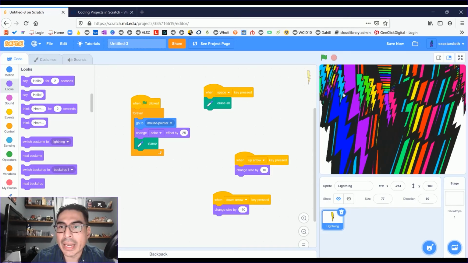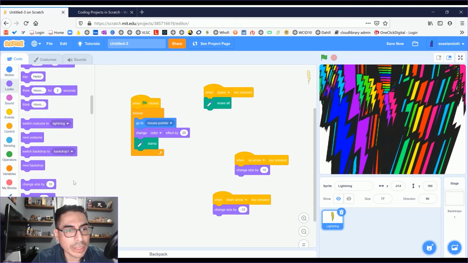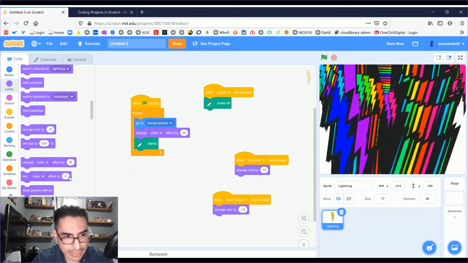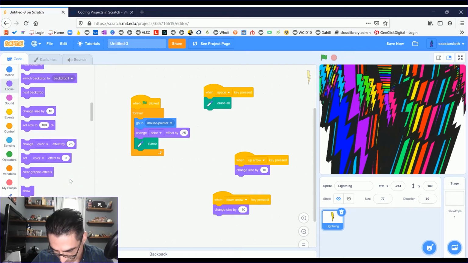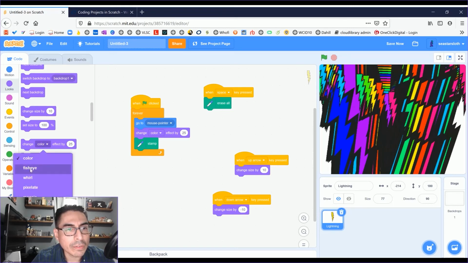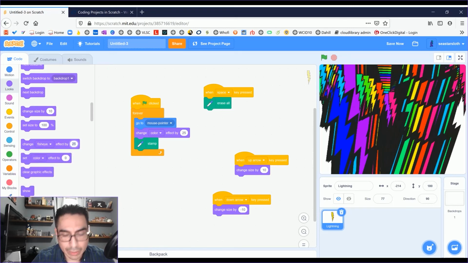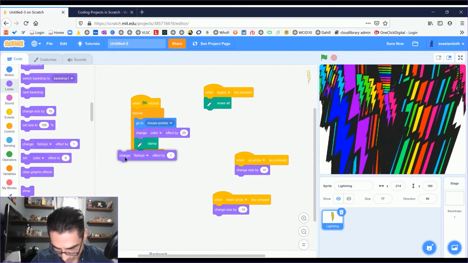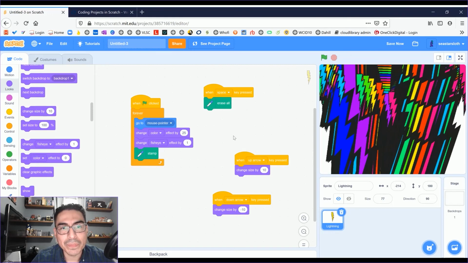Let's try another effect. So that's going to be under looks. Let's do a fisheye. Change effect by 1. Fisheye by 1. Okay.